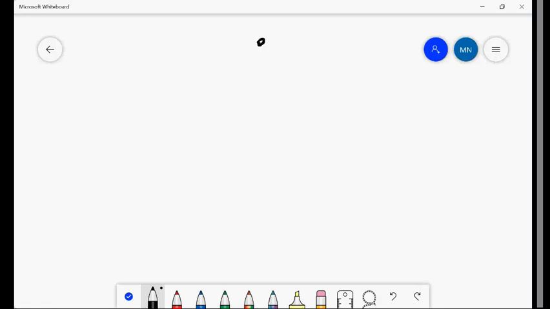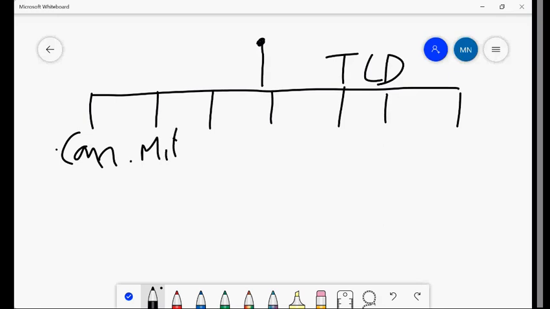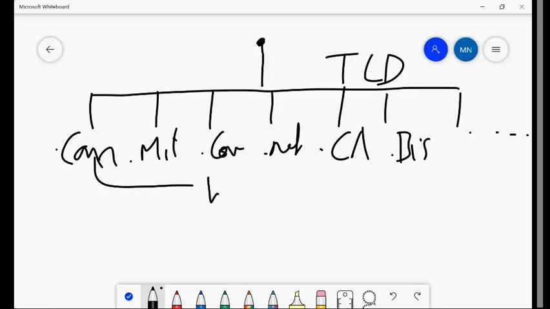You'll have a dot here first. Initially DNS starts from a dot, and in this dot you will have all the top level domains. We call them TLDs, top level domains, and one will be .com and one will be .mil, .gov, right? Based on the location, and based on CA, and based on biz. Nowadays business people are going with this. Likewise, you have n number of namespaces here, right? Wherever you register your company, here I have registered as wilmartech.com.